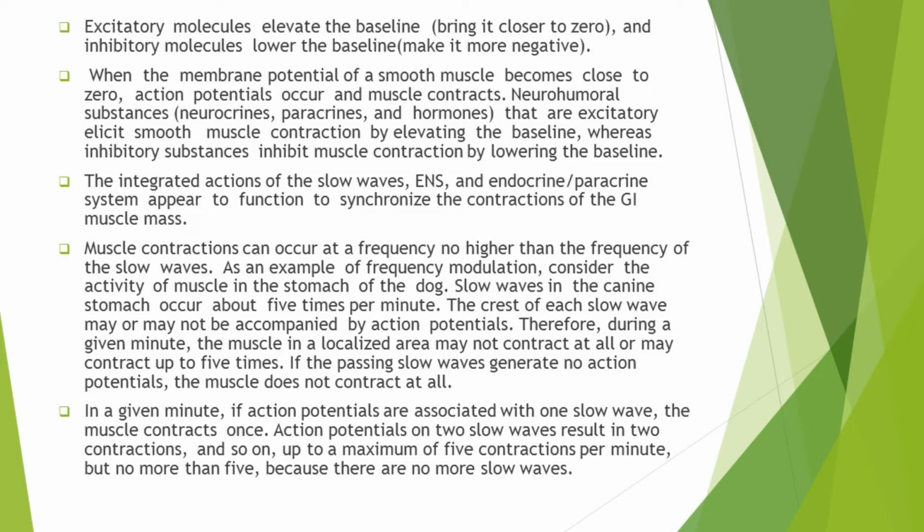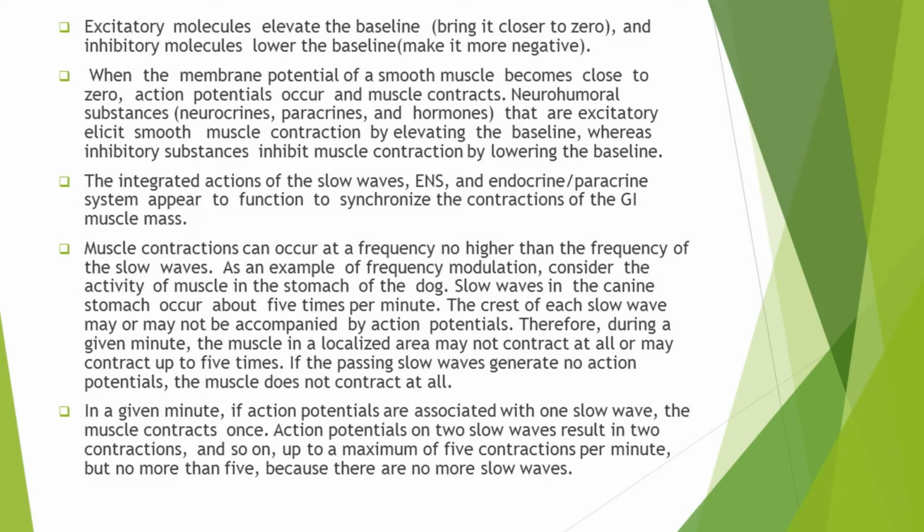These neurohumoral factors are composed of excitatory molecules and inhibitory molecules. The excitatory molecules elevate the baseline membrane potential. It means that it brings the resting membrane potential closer to zero and causes contraction. On the other hand, inhibitory molecules lower the baseline membrane potential and make it more negative, and cause inhibition of contraction. So, when the membrane potential of a smooth muscle becomes close to zero, an action potential occurs and